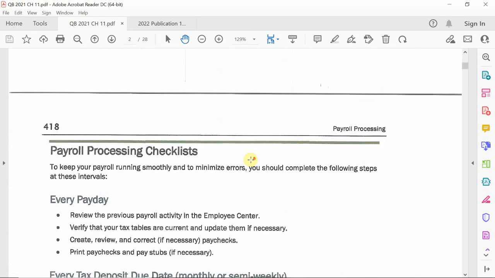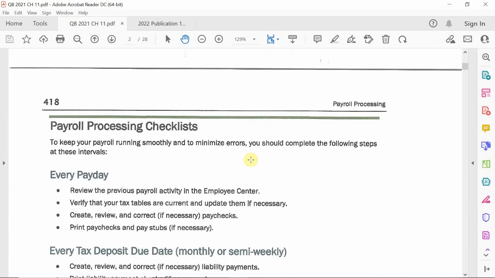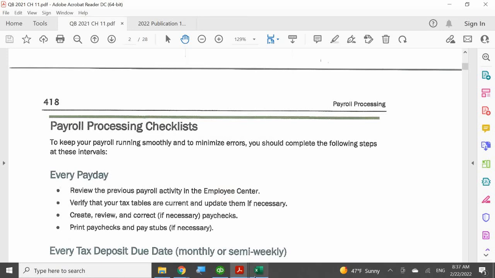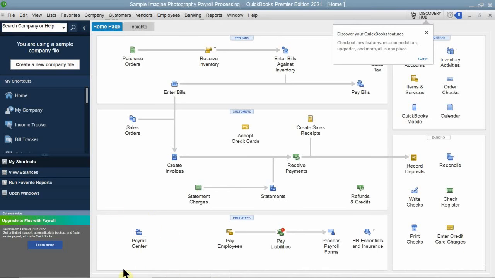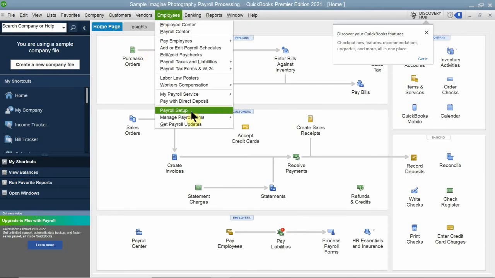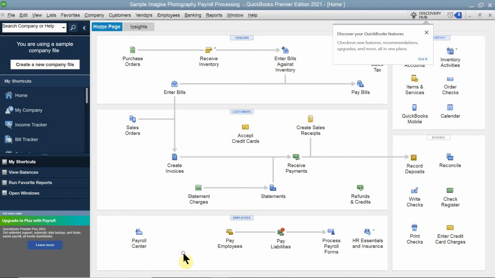So again, last week, I showed you there are 3 types of payroll services: basic, enhanced, and assisted, all right? And how do you activate that? If you don't already have it on, this window right here will say that you'll have a payroll center. But in this case, if you want to learn more, you go to your employees window here and you go to payroll services and so on and so forth, okay? But in this case, because we already have it on and we're looking at a sample file,